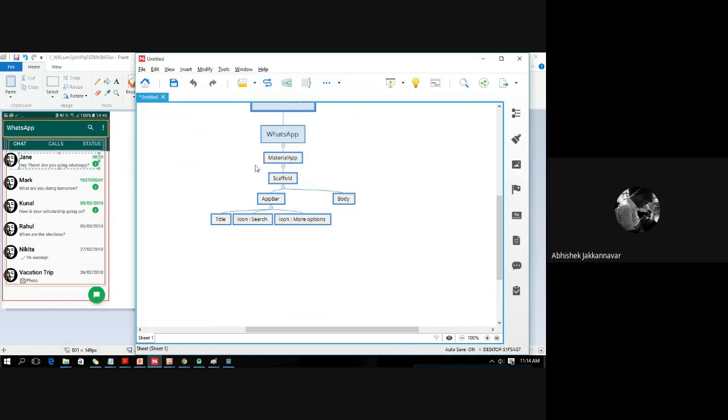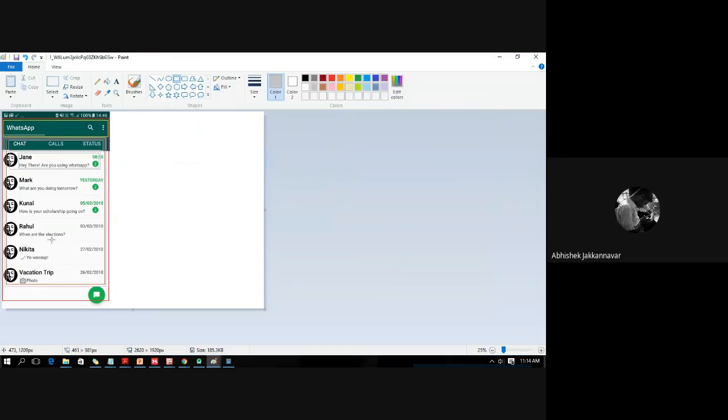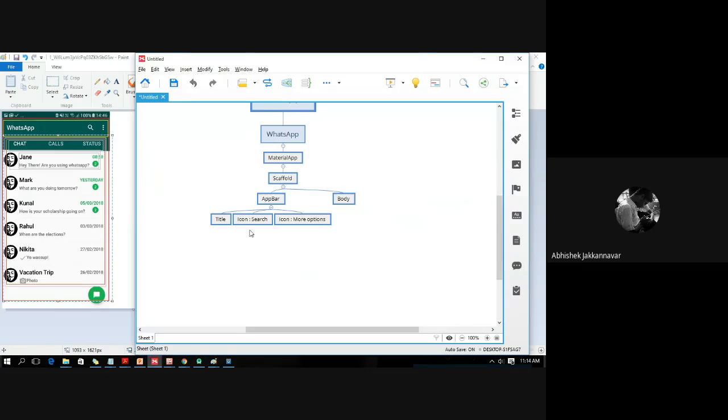Okay, now we come to the main body. Now what is that body? From here onwards, now we are focusing on this body. So in the main body, the first thing we will have is a column. Why column? Because everything is arranged in the column. Now in that we should have this chat, calls and status. So in the column, the first child will be